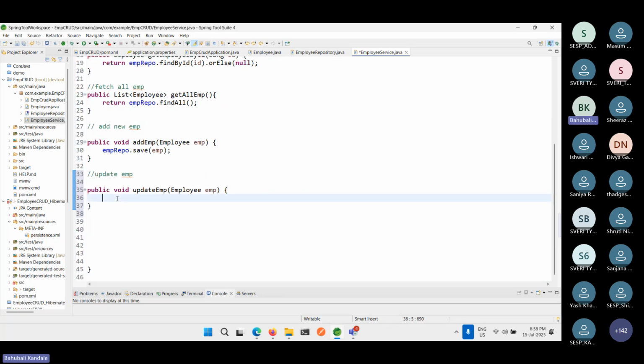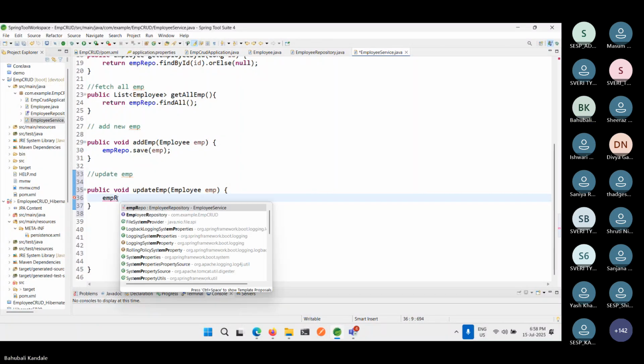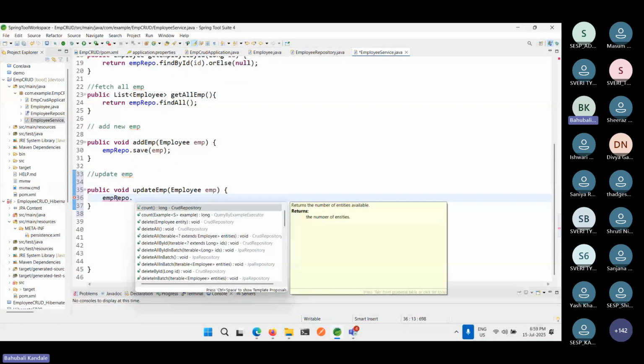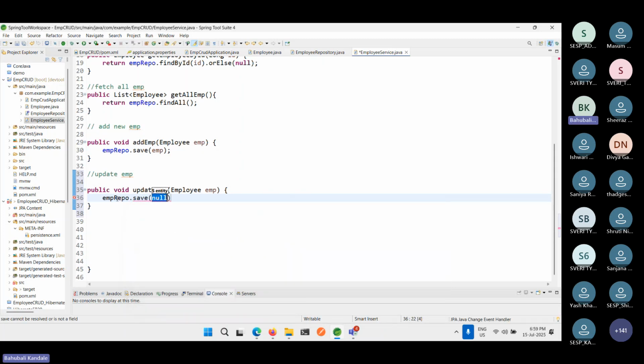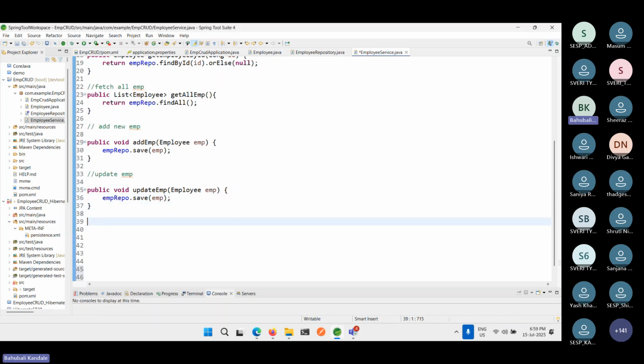Okay, so emp repo dot, the method we are updating, right? The same method we use is save. It's an EMP, so using that method we can update the current employee. After that, once we update, we need to delete the specific employee by their ID. So that's why